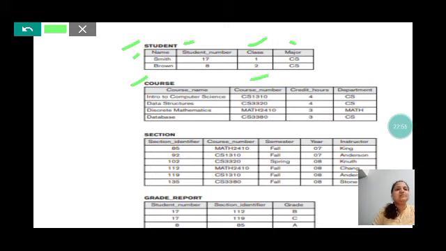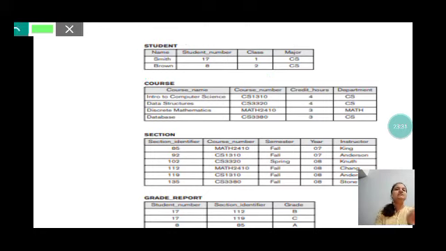For every course, credit hours are assigned, that is 4, 4, 3, 3, and each particular course belongs to one particular department, right? So Computer Science belongs to the department CS, Data Structures also belongs to CS, Discrete Mathematics belongs to the maths department, and Database also belongs to the CS department. Like this we can form a table in the database.